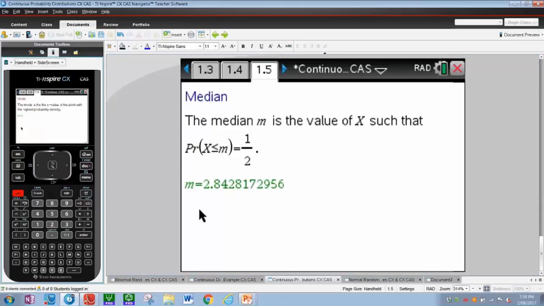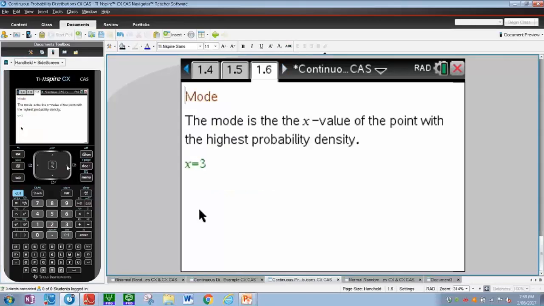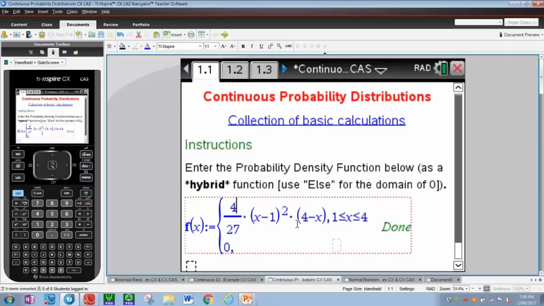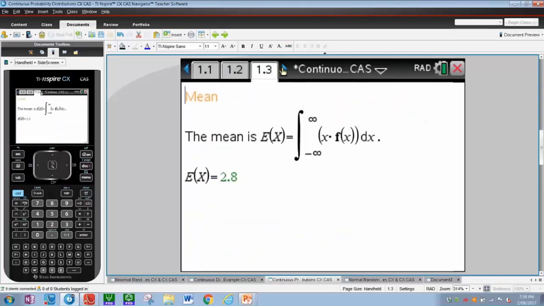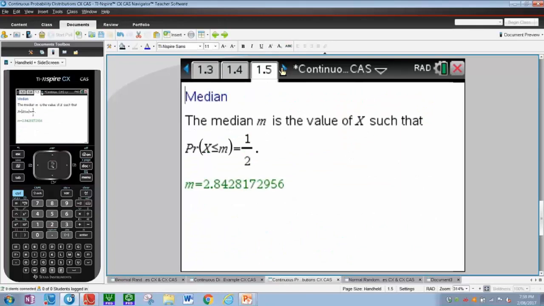And finally, Control right takes you to the mode. And that does it. And that's the whole file right there for the continuous thing. So for students that have trouble understanding all the different concepts behind it, the best they can do is simply go back to page 1.1, enter their function there, and just quickly move through all the different tabs, and they will see the relevant calculations and quantities, which is absolutely brilliant that the calculator does that automatically for you.